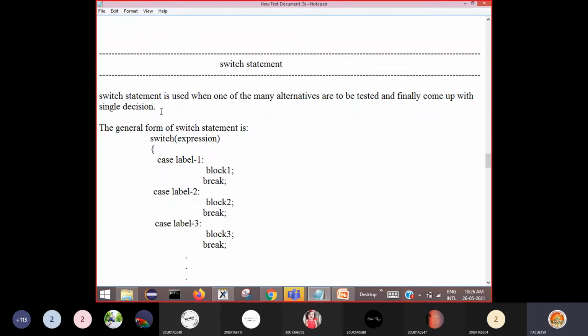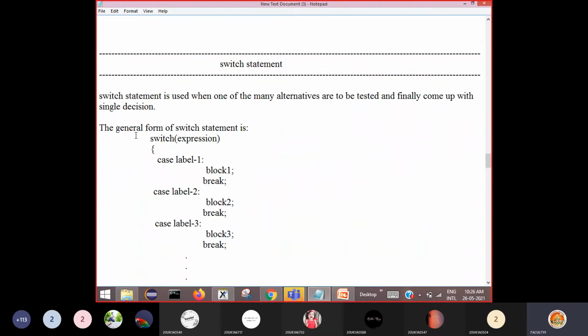That means the switch statement is used when one of many alternatives is to be tested. There are so many alternatives, and you test all of them and finally come up with a single decision. In such a case, we can use this switch statement.